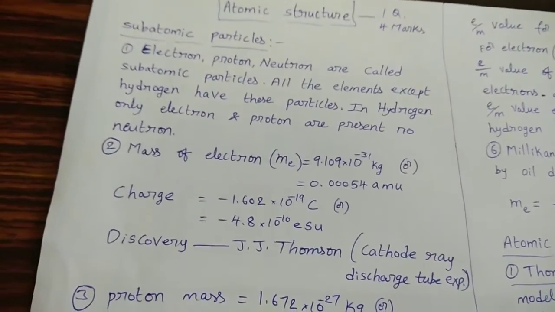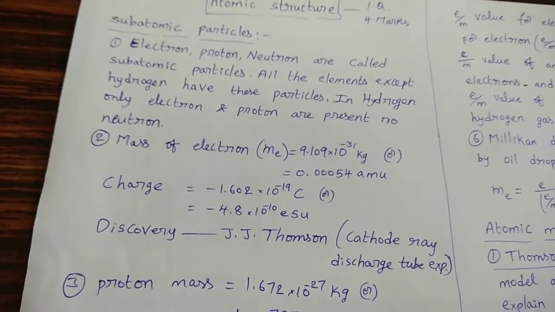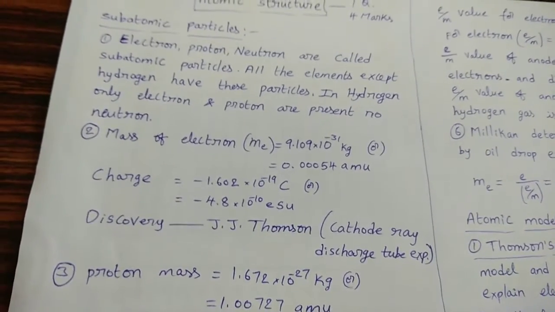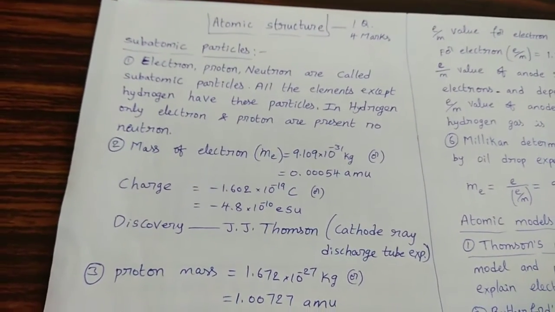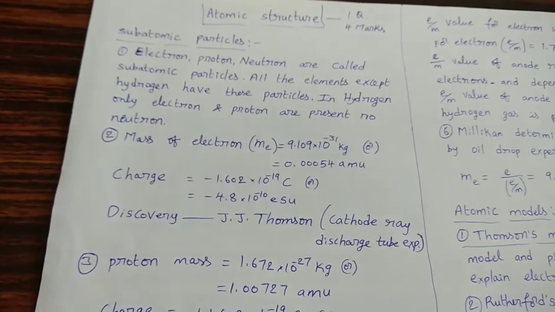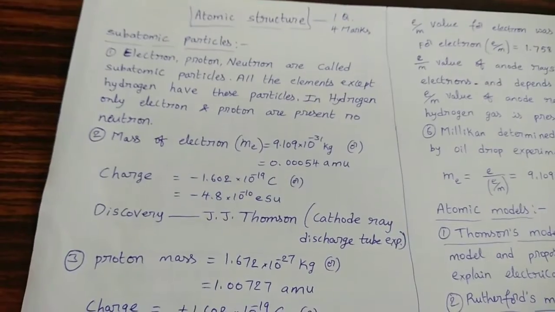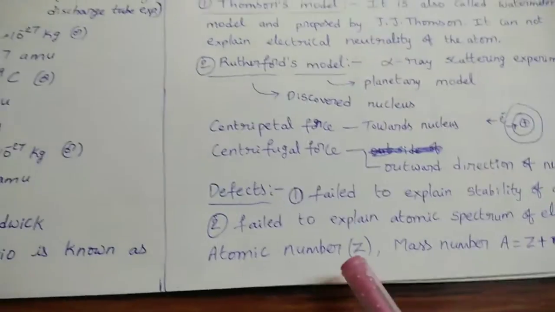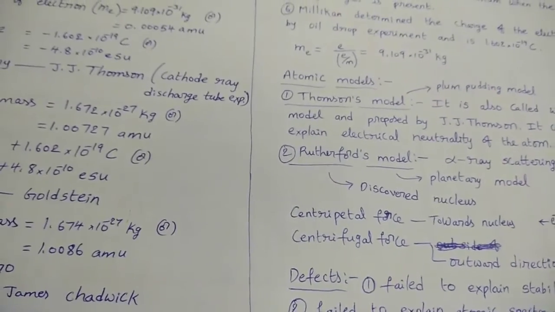So for a neutral atom, the number of protons is equal to the number of electrons, because a neutral atom means it has no charge. We know that protons are positively charged particles and electrons are negatively charged particles. That's why for a neutral atom, the numbers of these two types of particles are the same. So atomic number represents the number of protons or the number of electrons in the atom. It is represented by Z. Each element has a particular atomic number. No two elements have the same atomic number.